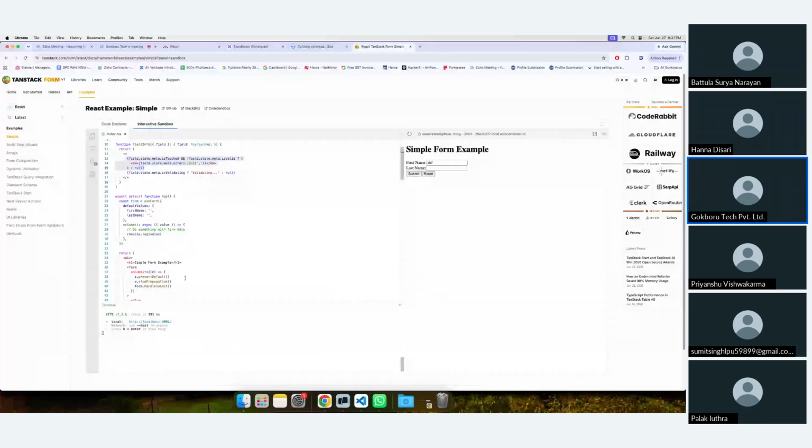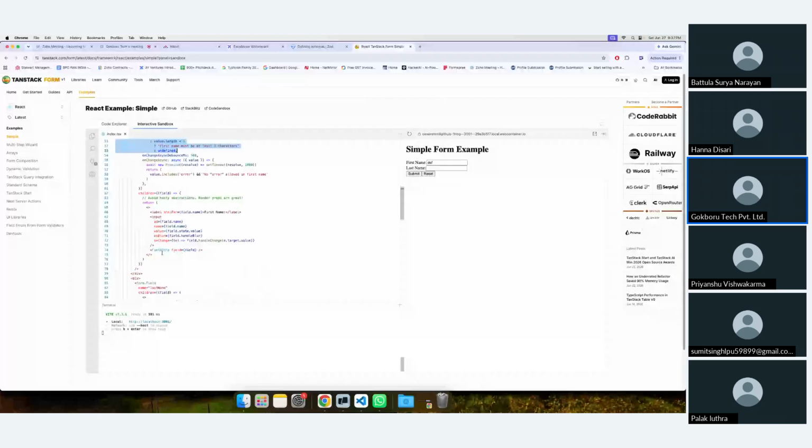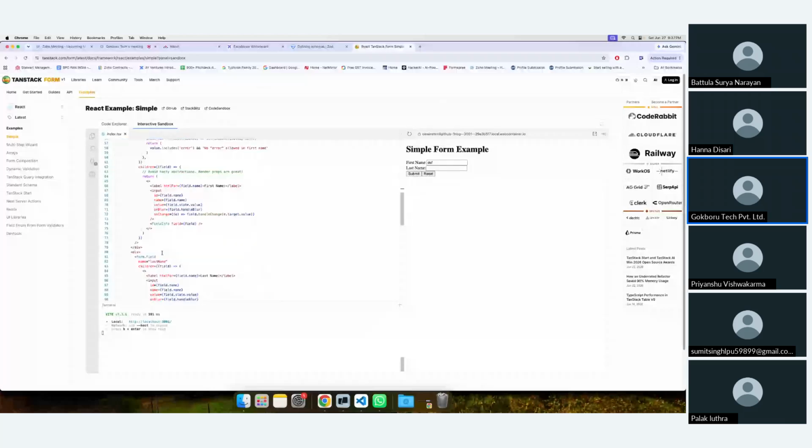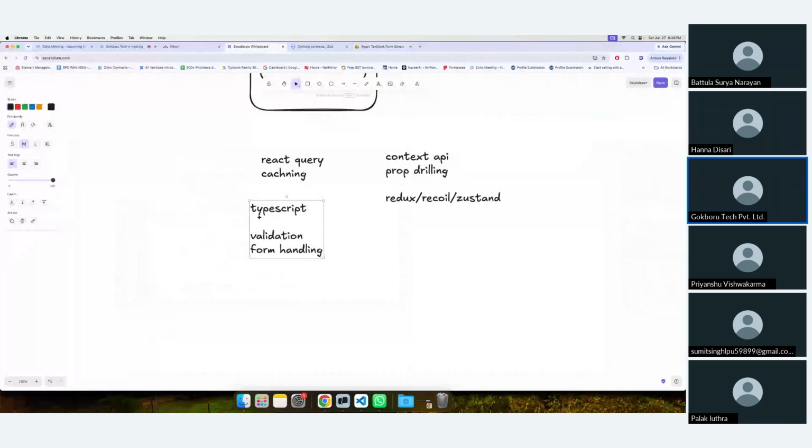So if you see in the form, we have this form.Field name, first name, with validators. We are just checking how to validate this. Same way in the last name, we are adding input and label. And if you want, you can do the validation based on that. This sort. So in the next session, we'll be seeing TypeScript, then form handling, then validation, React query caching, then